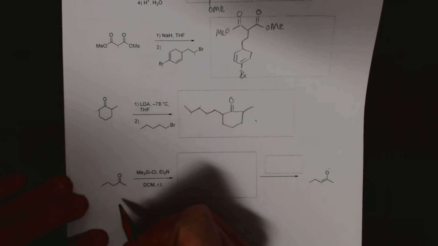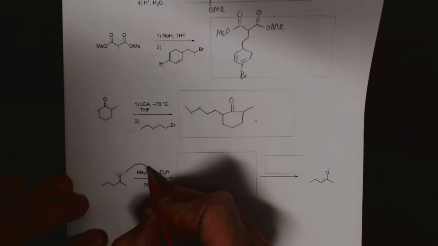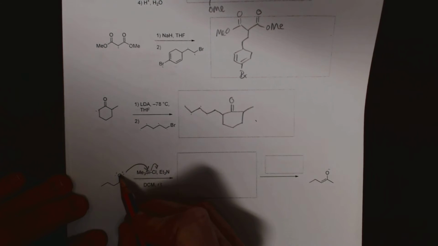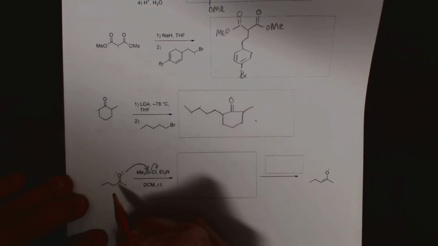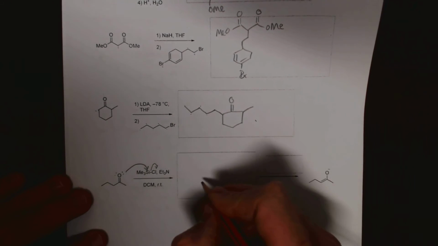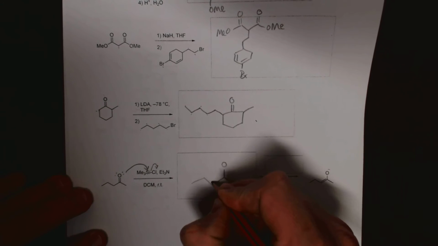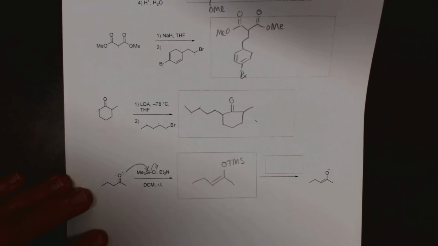Easy stuff, nothing too hard about it. Make sure you know the mechanism of that. Remember, it's first this step. All right, we first get the silyl group going onto the oxygen. The second step, part 2, is where the base picks up the proton. It's a thermodynamic process. So the product is the thermodynamic enol ether, double bond, TMS, and that was very well